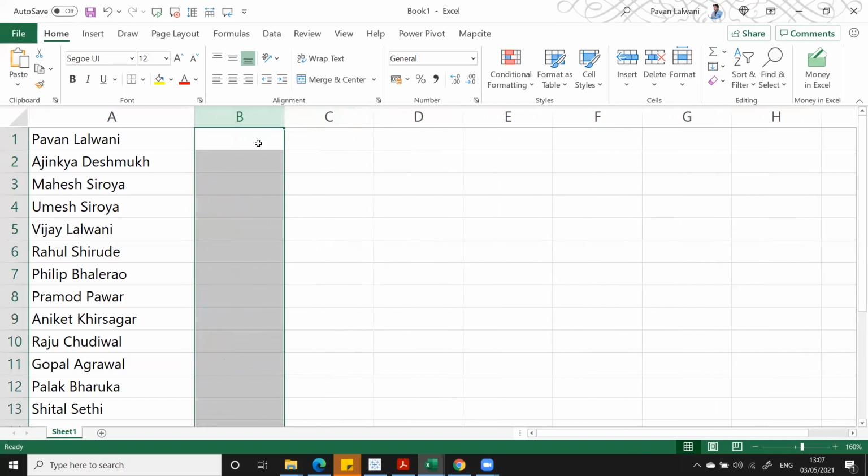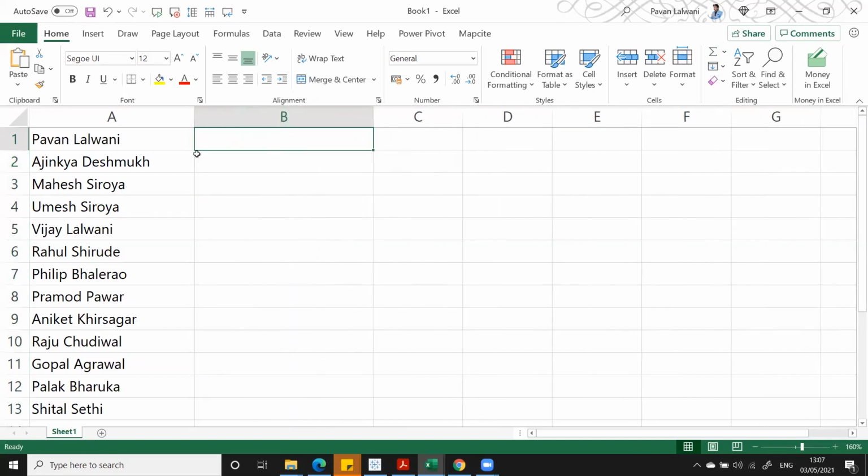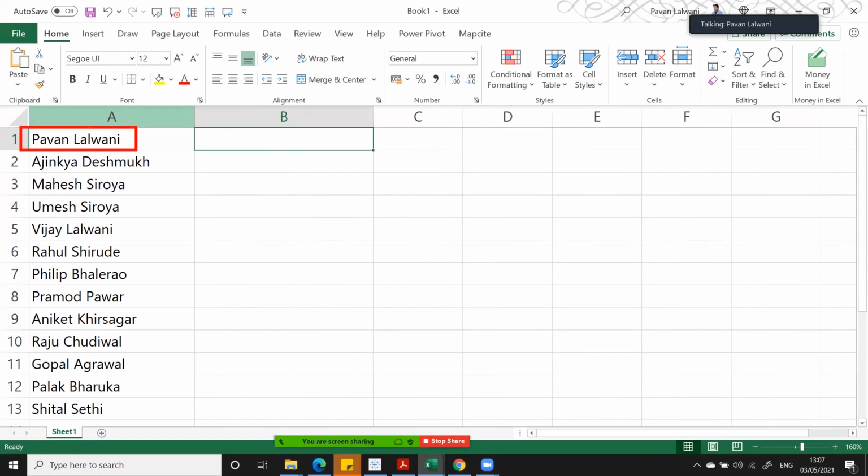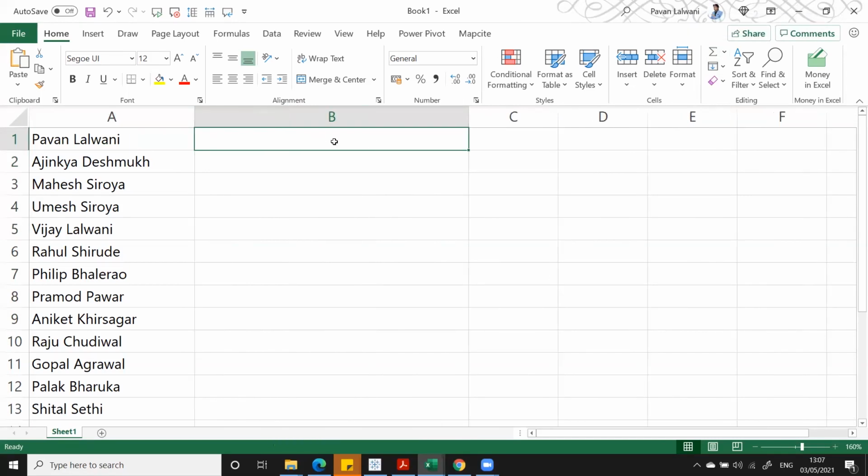And the last one, suppose I have joined your company. Pavan Lalwani has joined Wells Fargo and you want to create an email ID for them. So the email ID would be like pavan.lalwani@wellsfargo.com. 1 second. Rubina, wait 5 minutes. pavan.lalwani@wellsfargo.com and I can press Control E from my keyboard.